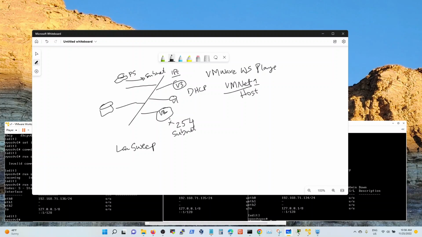So these are the VIOS routers with their E0s configured as DHCP,